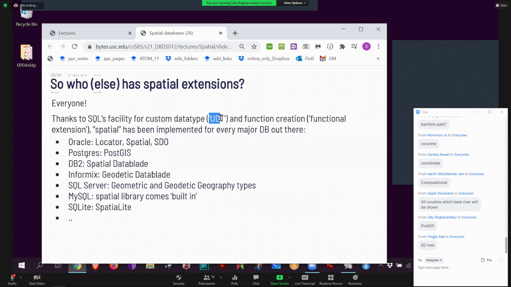It is because underneath it all, SQL lets anybody write custom classes. So they all did it. They hired people that know computation, geometry, or graph algorithms, and said, write some functions for us. And then it's done forever. So then functional extension, spatial, all this. Oracle, again, they have many names. Now they call it Locator. In the past, it used to be called Spatial. It used to be called SDO before that. Postgres, always the layer is called PostGIS. This is the only one where you don't have to actually install PostGIS separately, okay?